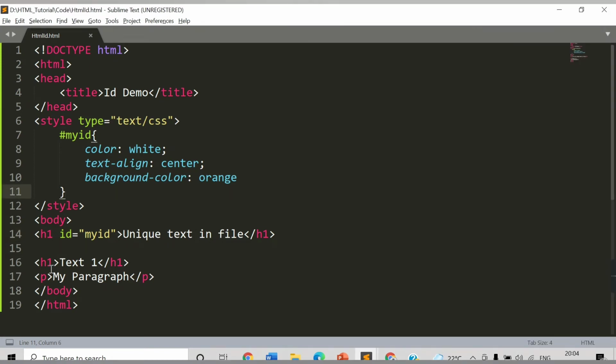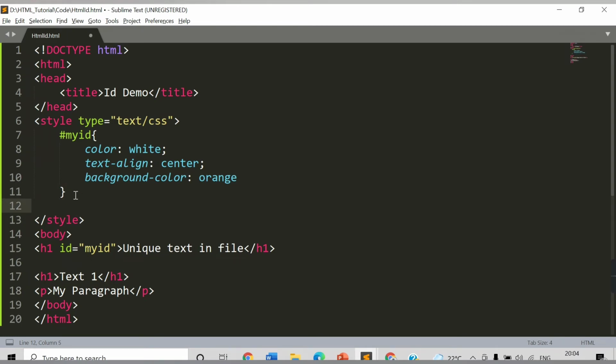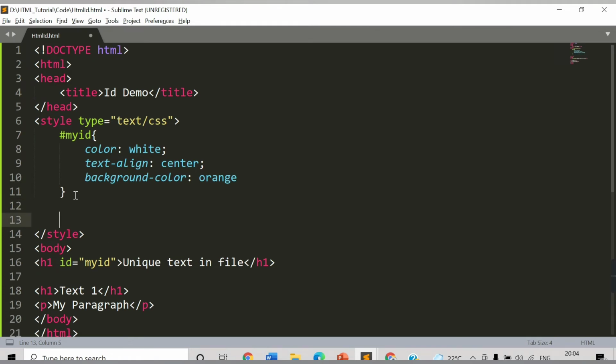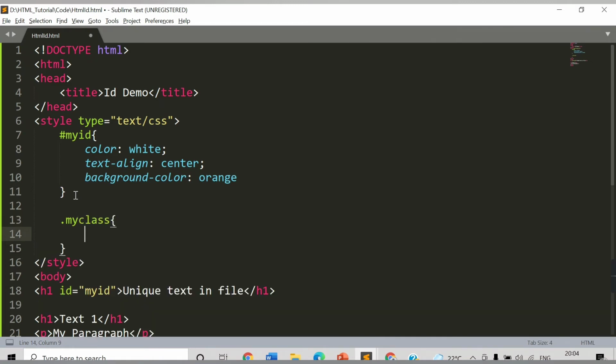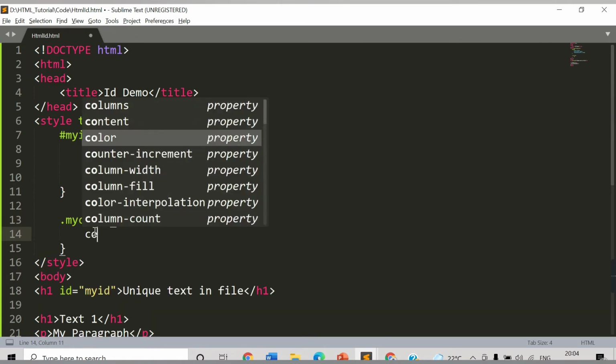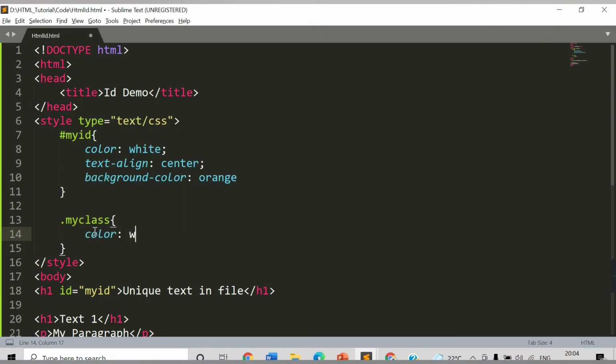For these two tags I also wanted to provide some properties. Let's say these two tags have the same properties, so in that case we can make use of a class. We know that a class is defined by using the dot character. Let's say the name of the class is myClass, and here we can provide the properties. Color, we want to provide white only.